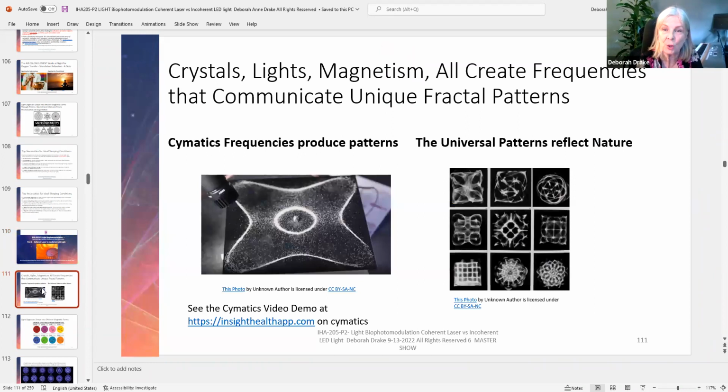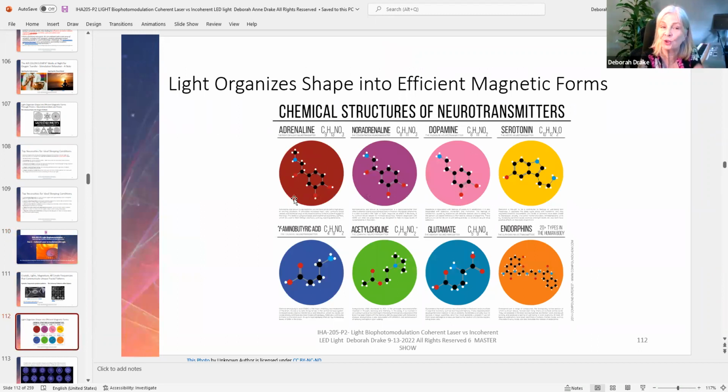So last week I showed you that you can vibrate different shapes within your body with a magnet. Here's a magnetic speaker that vibrates with iron shavings on it. And as we tune up the frequencies, the iron shavings repel each other at different shapes and create these actually amazing cymatic patterns or universal patterns. Now, our job is to try to do the same thing in our brain with crystal transmitters.